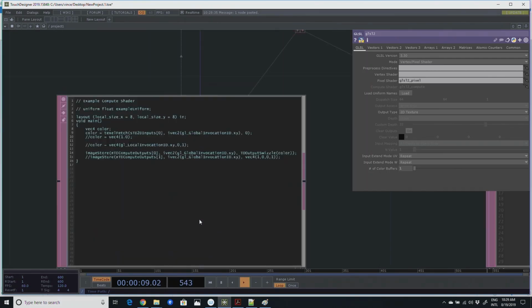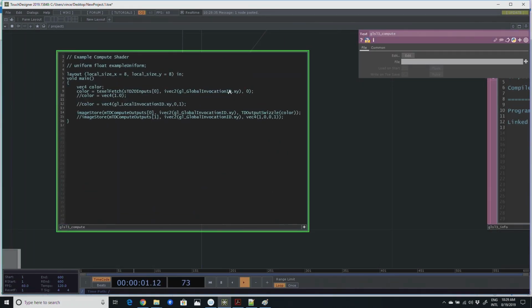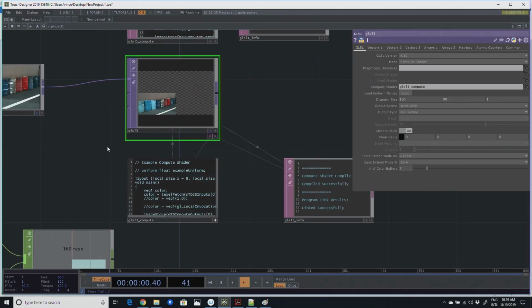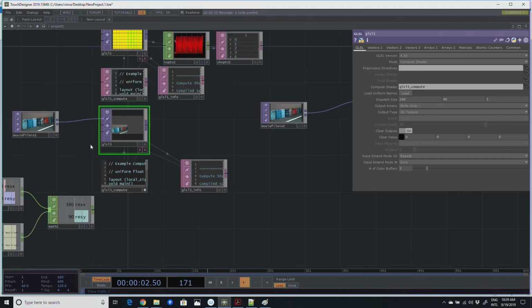But if here I do the same and multiply by 2, I get the same result, but it doesn't care for this setting at all. So if you do texel fetch, you need to make sure that your coordinate samples within the correct range. And the other thing that's also important